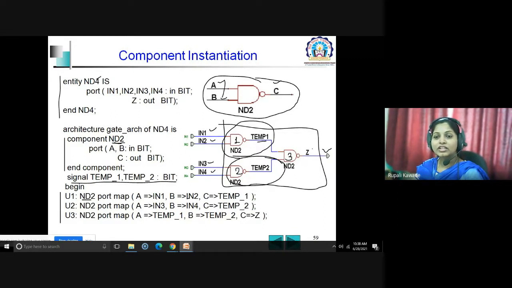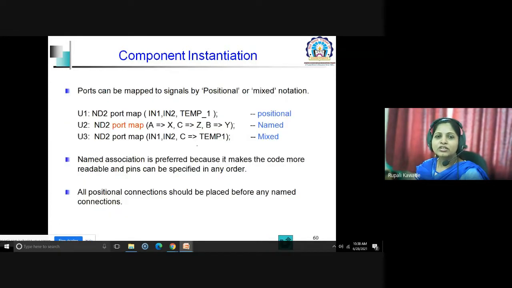And for the third NAND gate, A is your temp1, B is your temp2, and C is nothing but Z. So you can see A equal to temp1, B equal to temp2, and C equal to Z. This is the instantiation of your third component. Here the same three different statements are mentioned, and the meaning of these three remains the same.